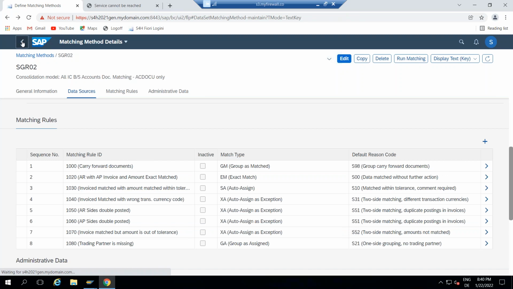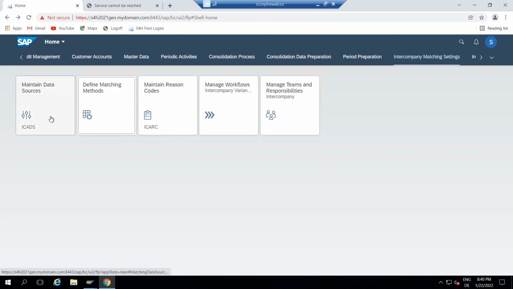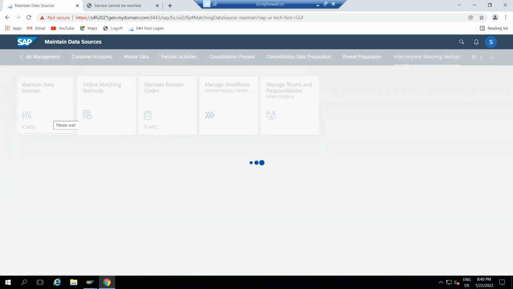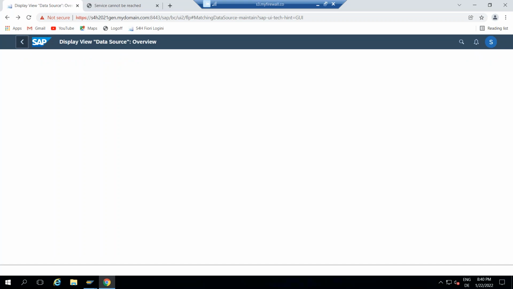So we have the data sources as well here. Maintain data sources. I think its details are not there here.